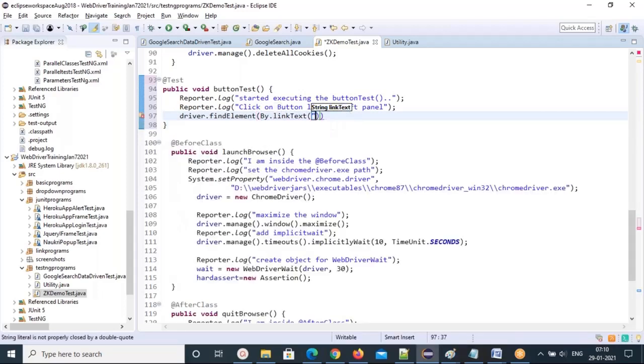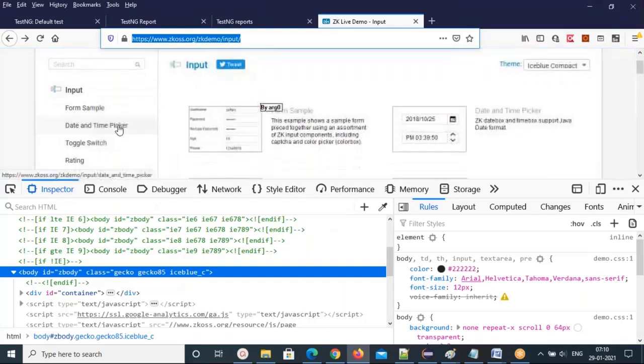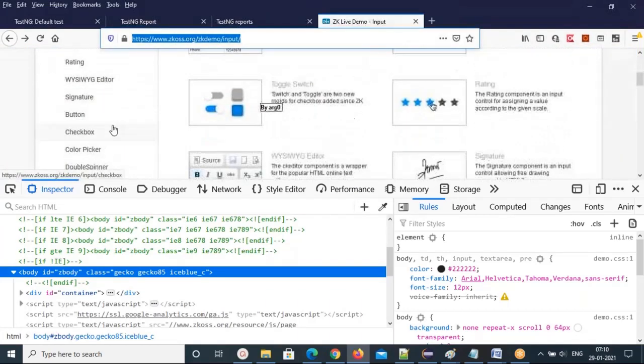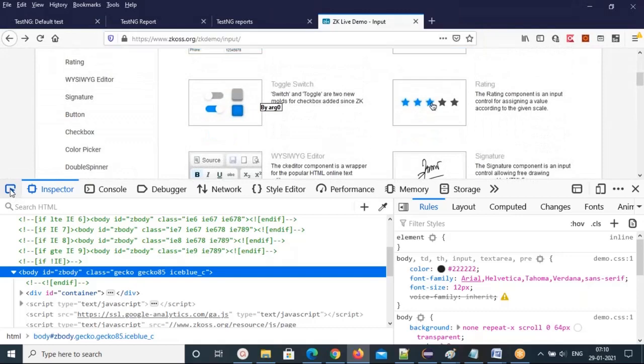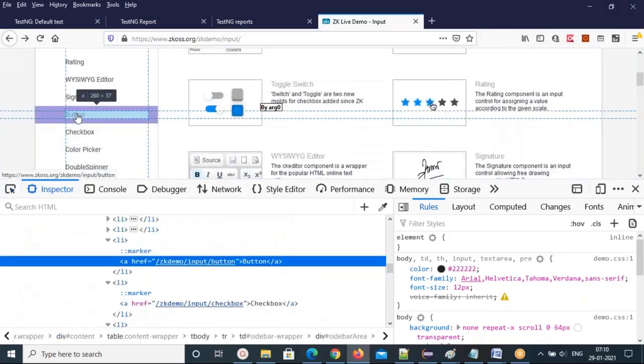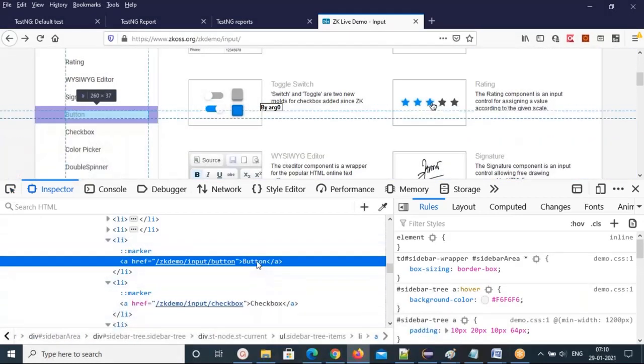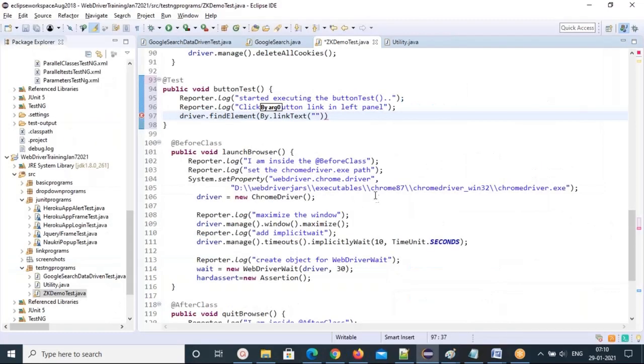It's a link, that's why I'm using the link text locator. Copy. So just spy on that element. We are spying and get the button text value in between the anchor tags. Then the dot click method you have to use.